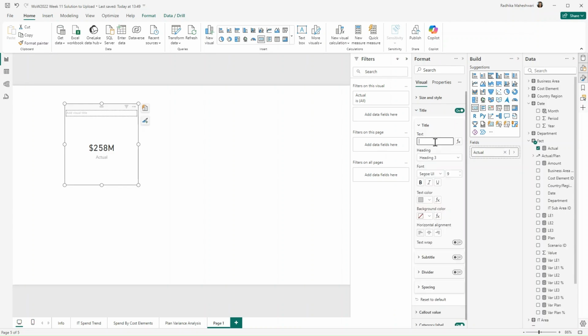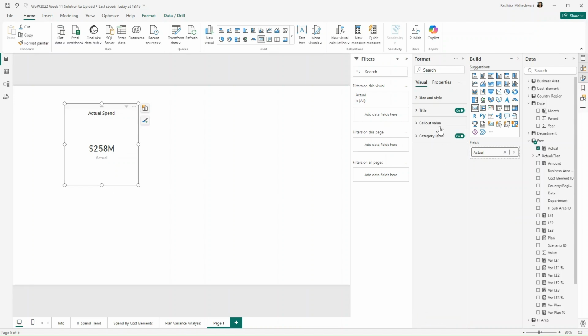Title should be actual spend, and I'll increase the size, change the font, and put it center aligned. For values, I'll again change the font, increase the font size, put it as bold, and we don't want the category label.